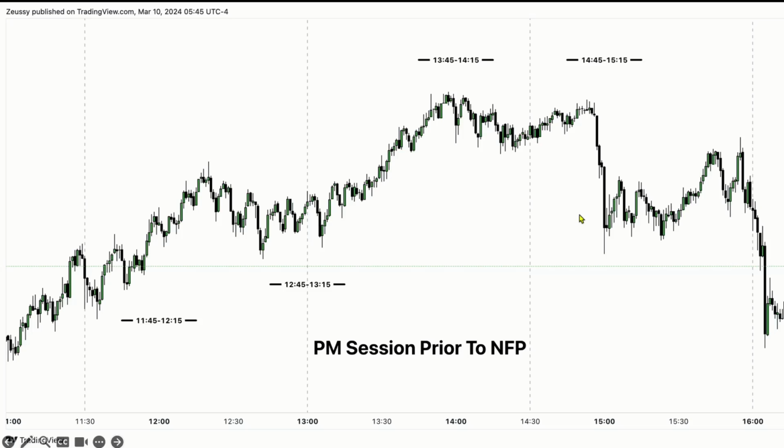Are you noticing how there aren't any real expansion legs during this whole delivery, during this whole PM session? Meaning that there is a lot of back and forth in which the order flow itself is not pretty and it's not nice delivery at all, especially this reversal right here. And when you see that this is the way that the market is delivering, where the candles themselves are rather small, meaning that the volatility that is present is not that high,